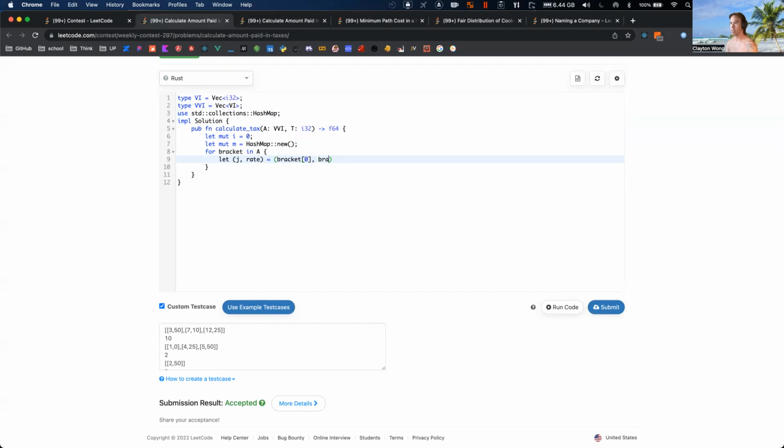Brackets 2, brackets 1. Then while I is less than j, m dot insert I, and the jth rate to be let rate, oops, tax goes rate divided by 100, rate as f64. There's our tax, and then we'll return